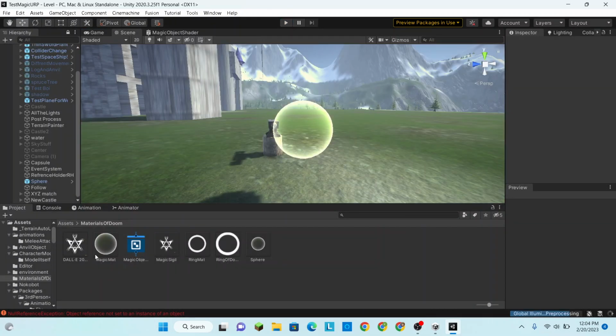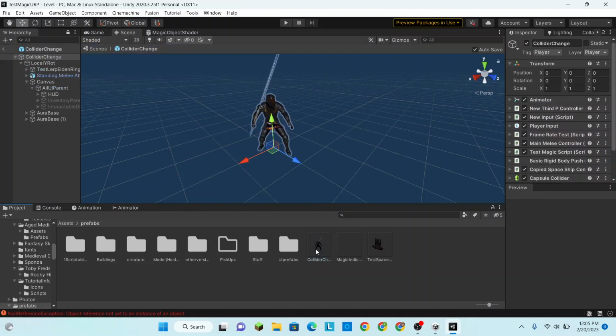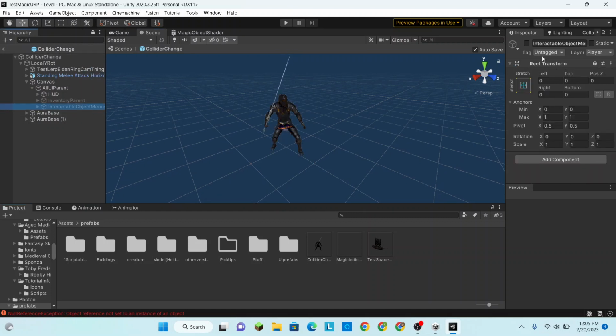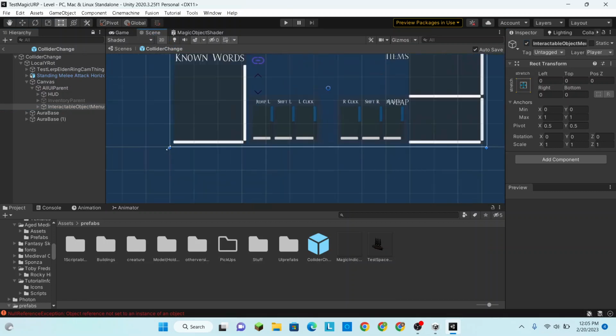Let's get right into it. So, first thing, I'm going to go to Projects, Prefabs, Collider Change, which is the player, and this time we're going to open up the Interactable Object menu. Make it visible, go into 2D mode,